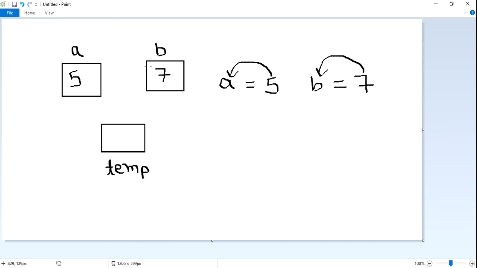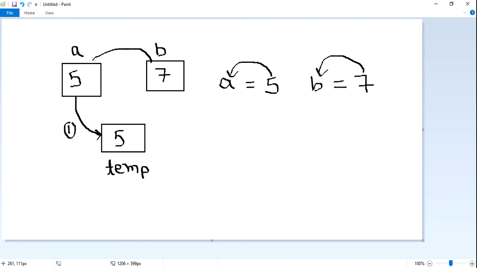Before overwriting, I want to send the a value to the temp variable. Now temp will store 5. This is the first step we need to do. Next, sir, now 5 is stored, so we can change the value of a.